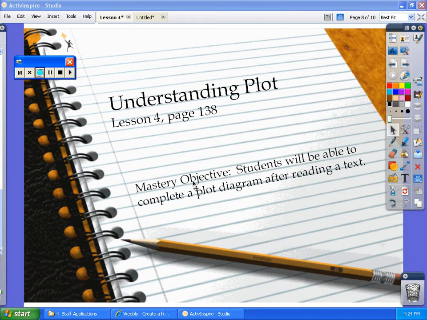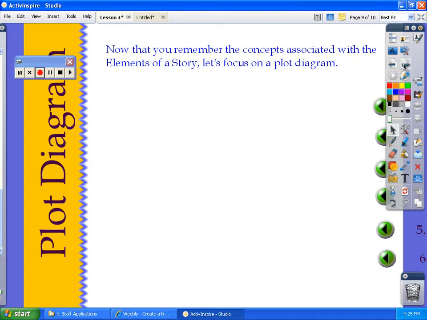In reading class today, students were focusing on understanding the plot structure of short stories and of their core books. Their mastery objective was that students would be able to complete a plot diagram after reading a text. Prior to today's lesson, we really emphasized over the last few days the concepts of the elements of